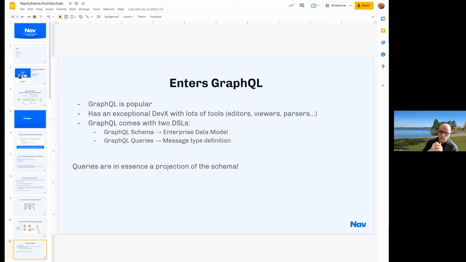As we all know, it has an exceptional developer experience with editors, viewers, parsers, etc. And I think that's what makes this project very appealing. We didn't create our own schema language. We could have, I've done it actually several years back in 2015, but I was not successful marketing it,